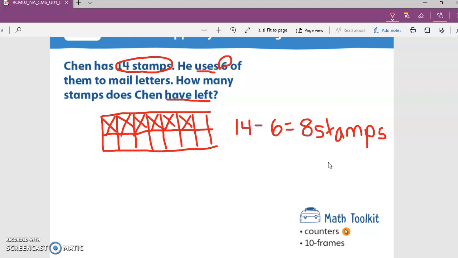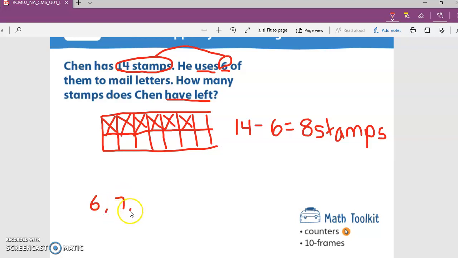Another way that you could do this is to count on to find out the answer. And I can't show the camera, so I can show you my fingers. But you're going to start counting with 6 because that's how many he used. And we're going to count up to 14 and see how many numbers that is. So if I start counting with 6, and then I say